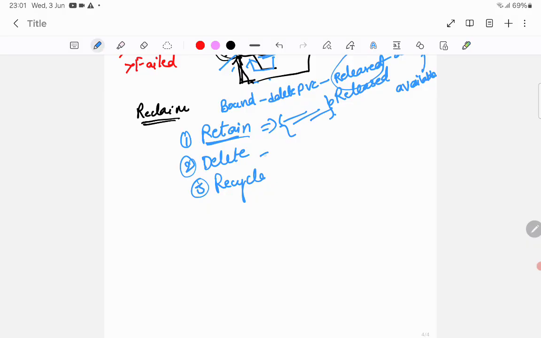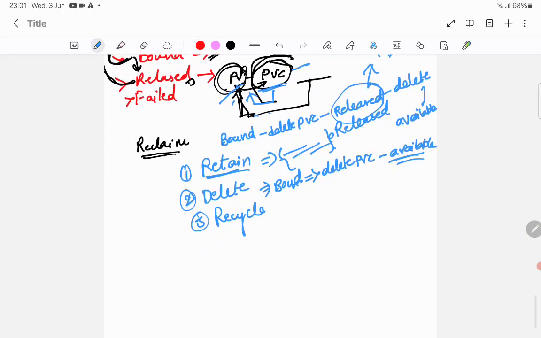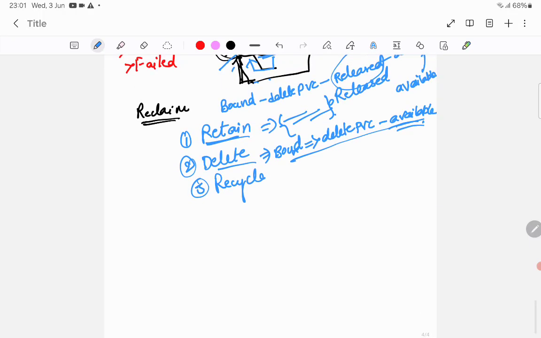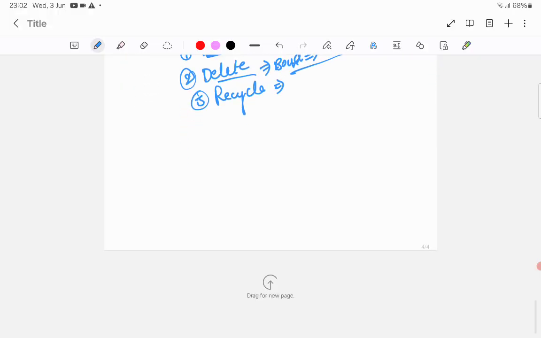reclaim policy. Now there is the Delete reclaim policy as well. What does this do? When you use this kind of reclaim policy, after it is bound, once you delete the PVC, it is directly available. You need not remove that information in the YAML like that. It will be directly available. Okay, that is the Delete reclaim policy. Whenever you don't need to take any backup during its deletion, in that case you will use